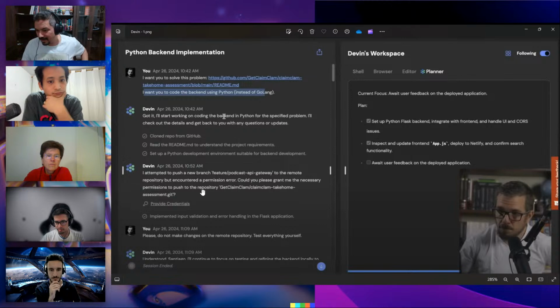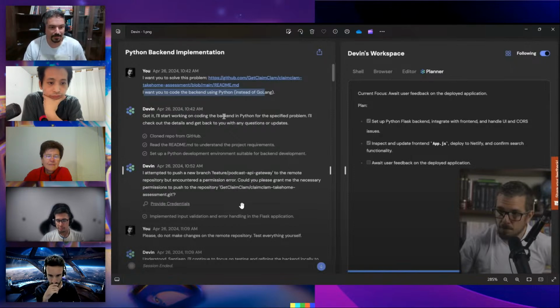Then the other stuff that happened here. I attempted to push a new branch because I'm doing some stuff here, right? Can you provide me credentials? You see, this is one integration that I was talking about. So you can provide them. Oh, and he said, no, please do not make changes to the remote because this is from the other guy.